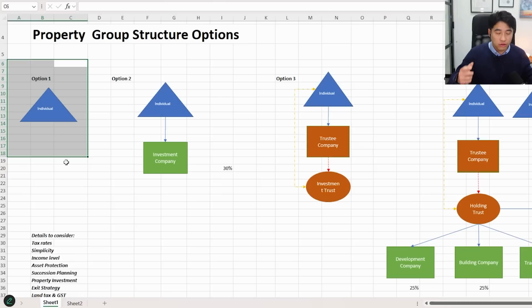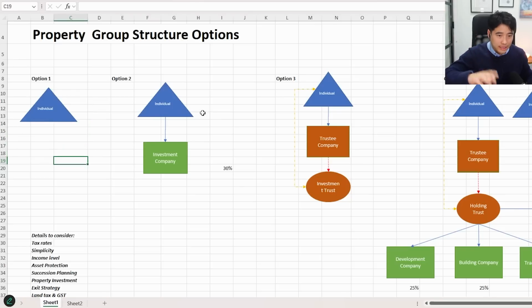So that's why a lot of people, I don't know why they do this, but they watch a lot of stuff online. They watch some guy named Davie Mack and they say buy property in the trust, and they assume that they should buy things in the trust and buy their homes in the trust. Big no-no. If you're planning to live in it, if that's going to be your home, then you most likely want to buy it in a personal name to claim the main residence exemption.